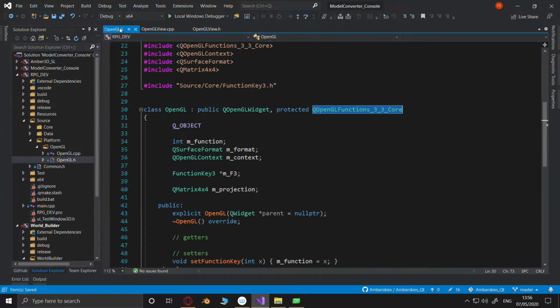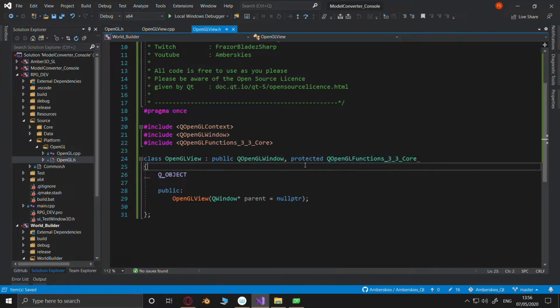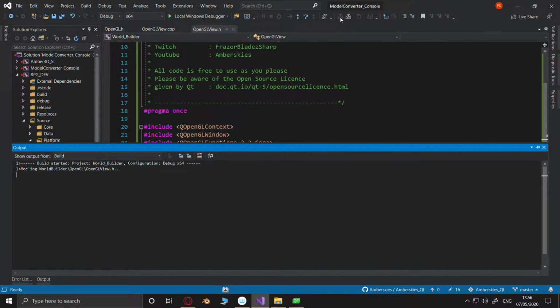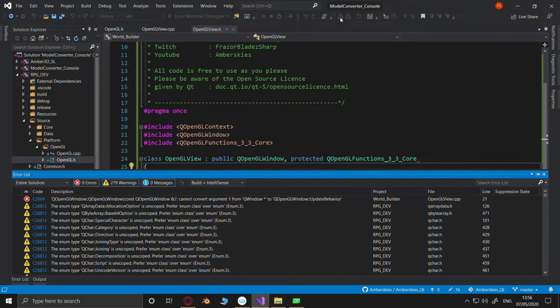Save. Look at this one. We're okay. Look at this one. We're okay now. Thank you. Swapping windows seems to help it. Cannot convert argument 1 from QWindow to QOpenGL window. Update behavior.